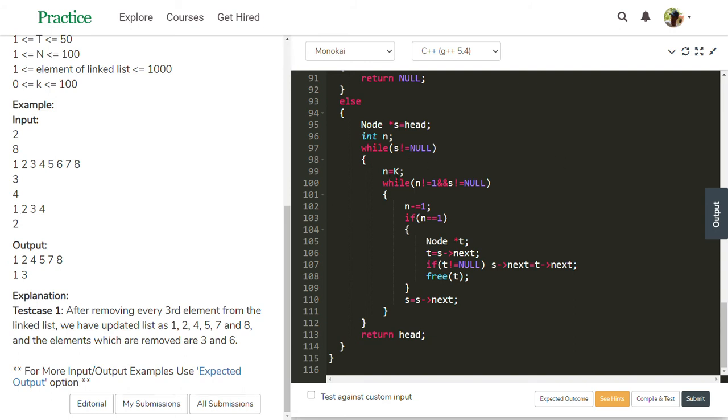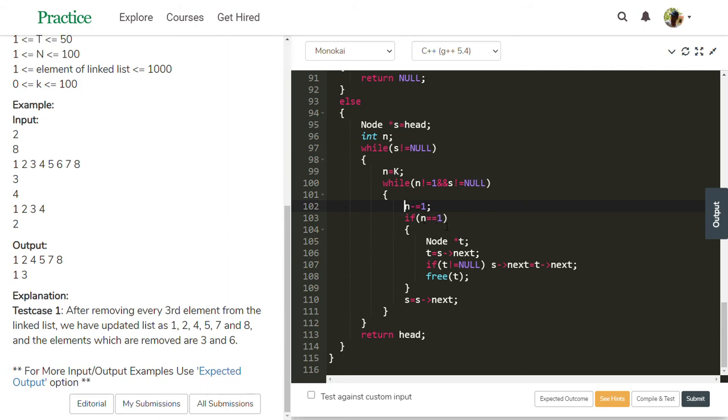Then n equals the k value, which is 2. The inner while loop starts: n not equal to 1 is true, because n value is 2, and s not equal to null is also true. Then this while loop executes, n minus equal to 1, n is decremented by 1, then n value is 1.